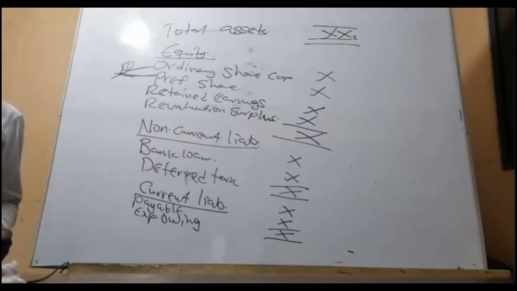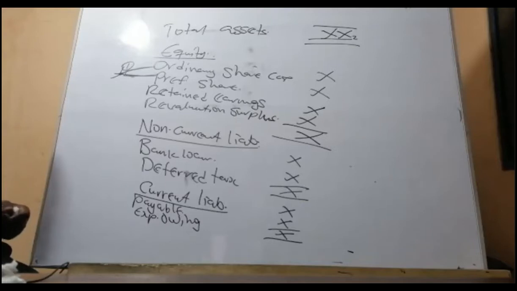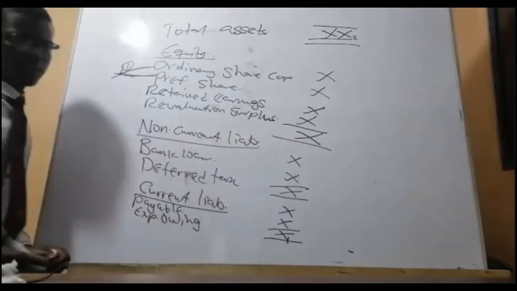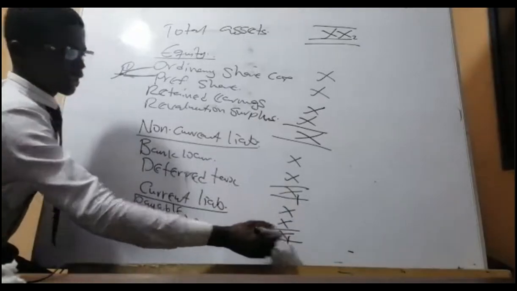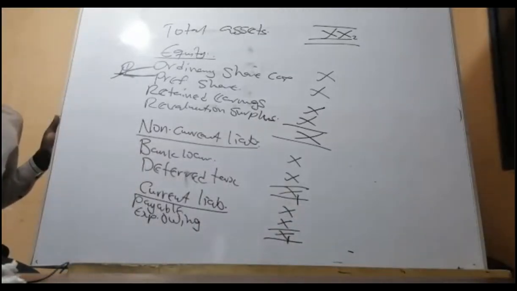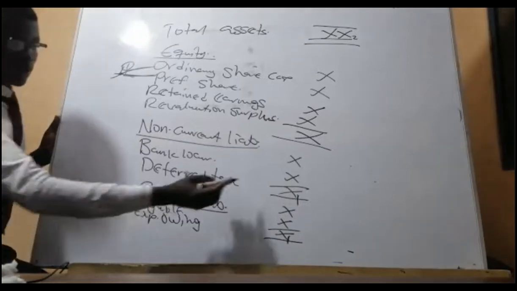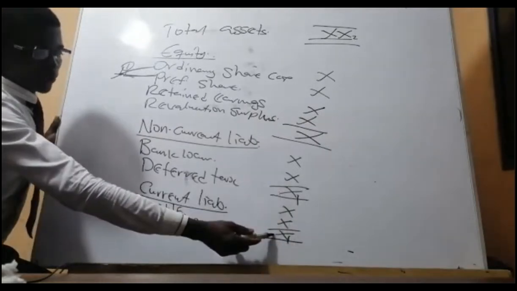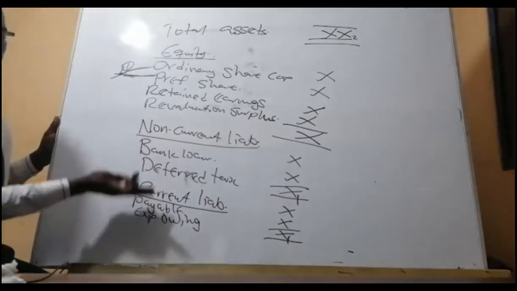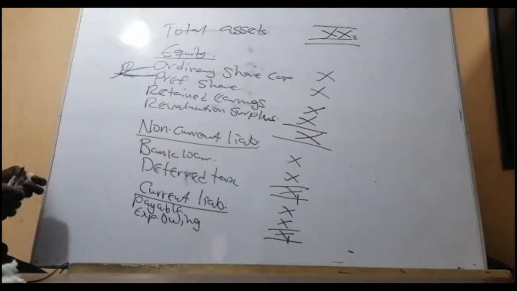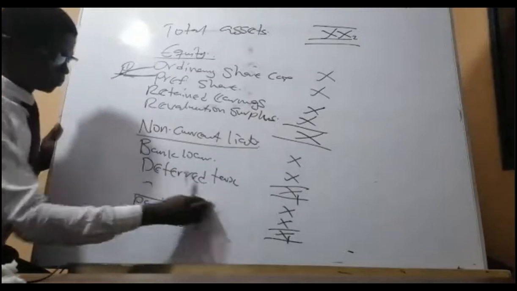A liability or the liabilities. So how do you get that figure? One figure representing all the liabilities. That means we have to add the total for the non-current plus the current, right? That will give us the total liabilities. Because this is the total for non-current liability, and this is the total for current liabilities, right? But I suppose you should tidy this one up a little, or the arrangement has scattered.